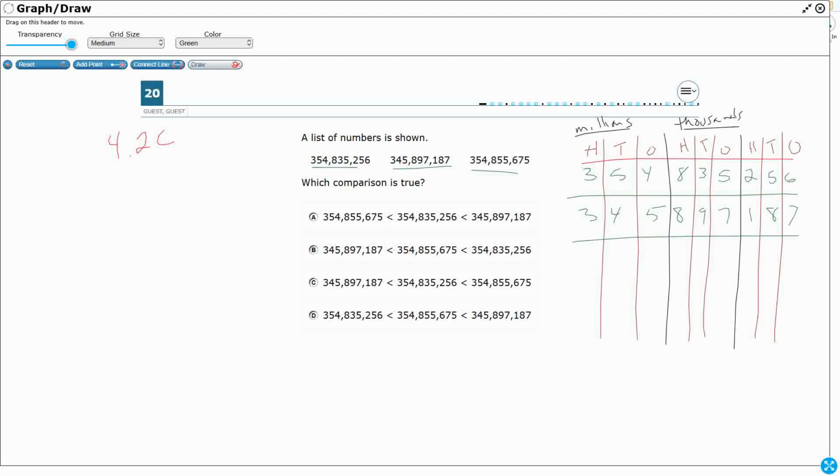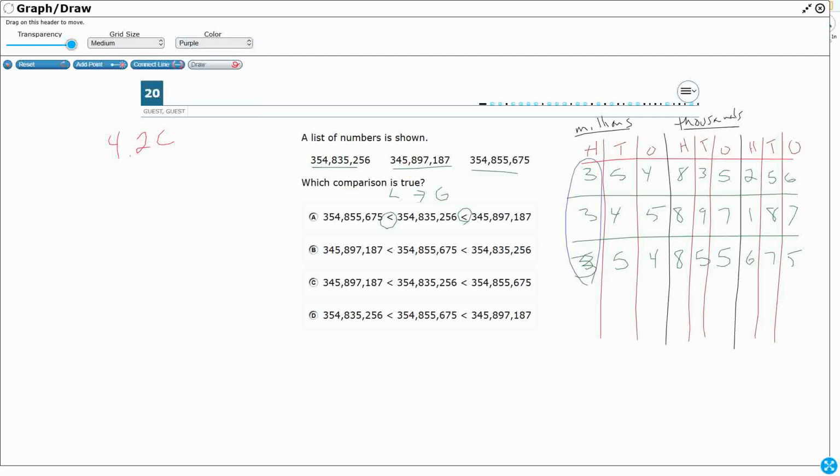And then I've got 3, oops, let's make that a 3, 5, 4, 8, 5, 5, 6, 7, 5. Now look at the direction I'm going here. Something is less than something is less than something. So let's put this in order from least to greatest. So we're going to look at the largest digit first,